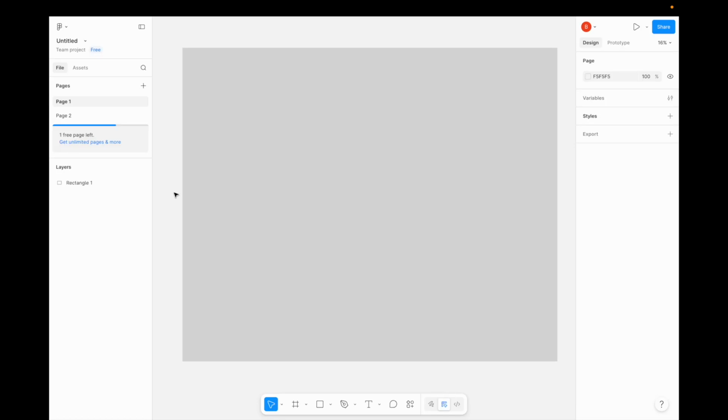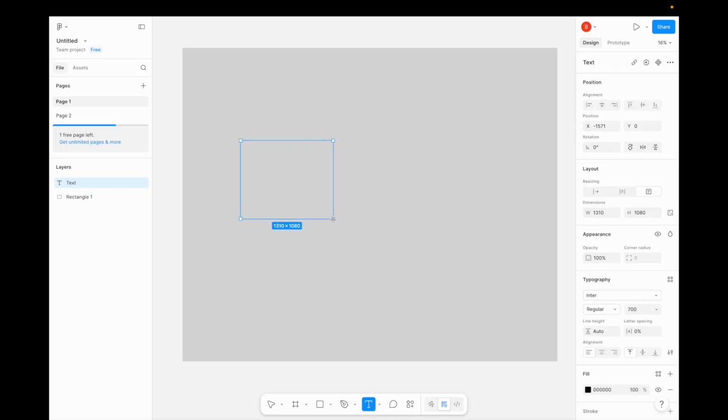So in this Figma tutorial video, I will be showing you how to edit text font here in Figma. So once Figma's opened up, go to the bottom and where there's the T here, you can either add text on a path or add text. I'll just press the add text right here, create a text box, and I will type in text font, just